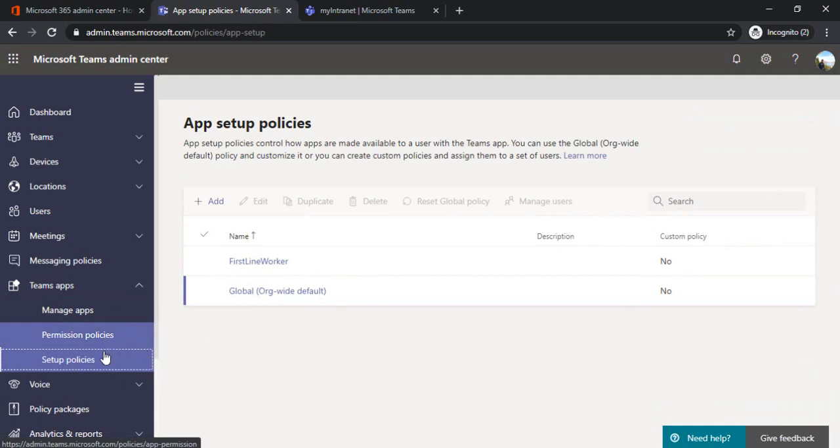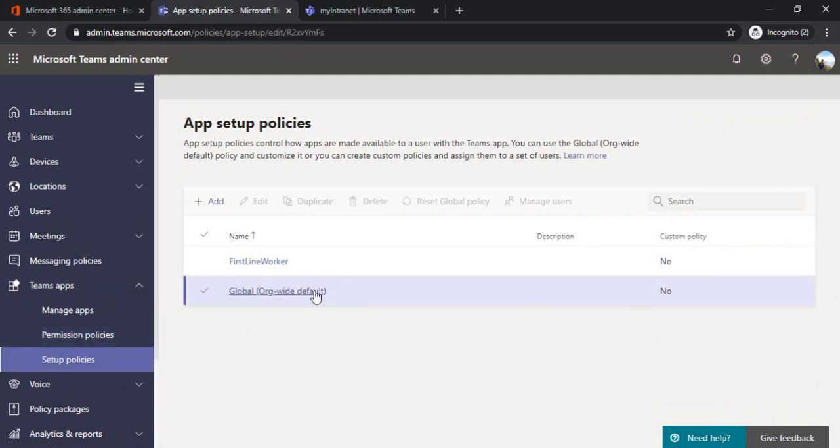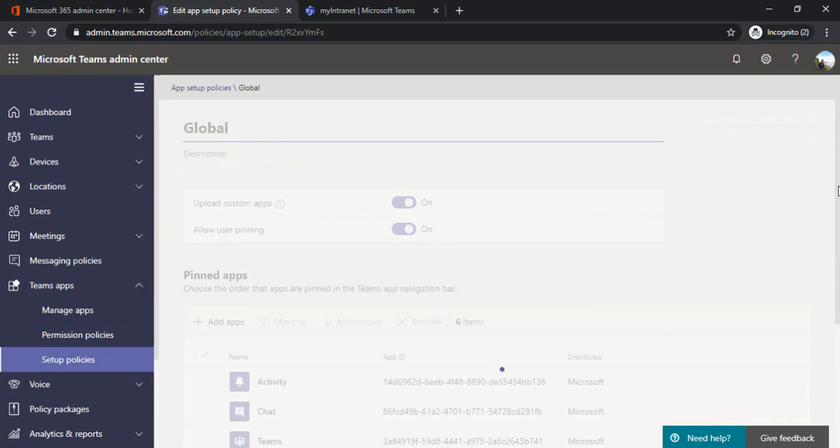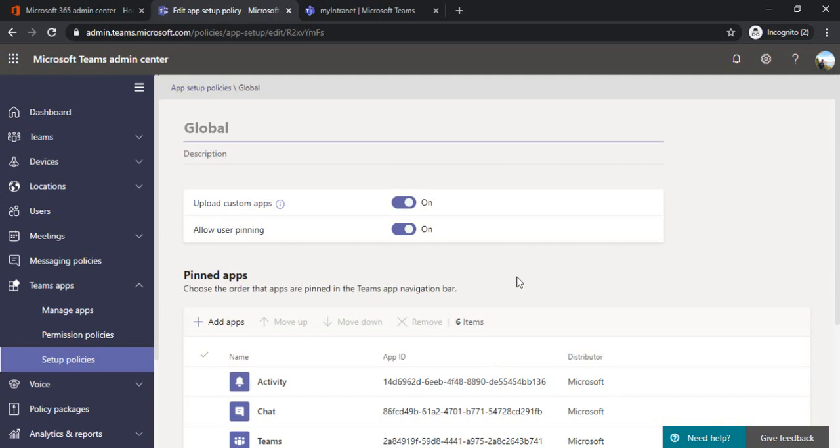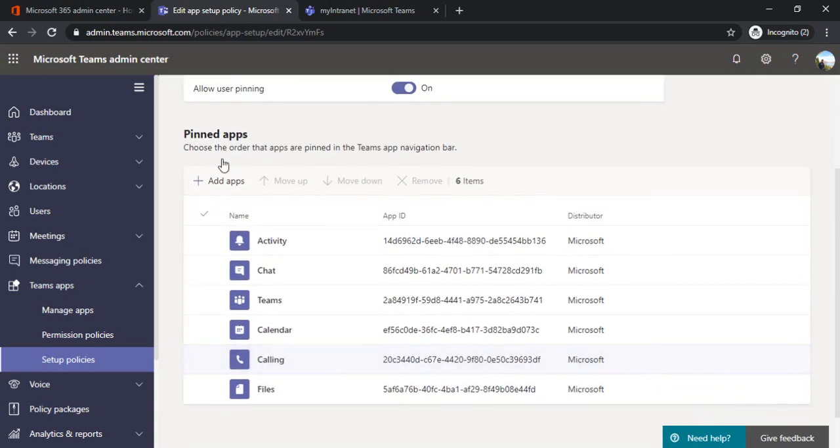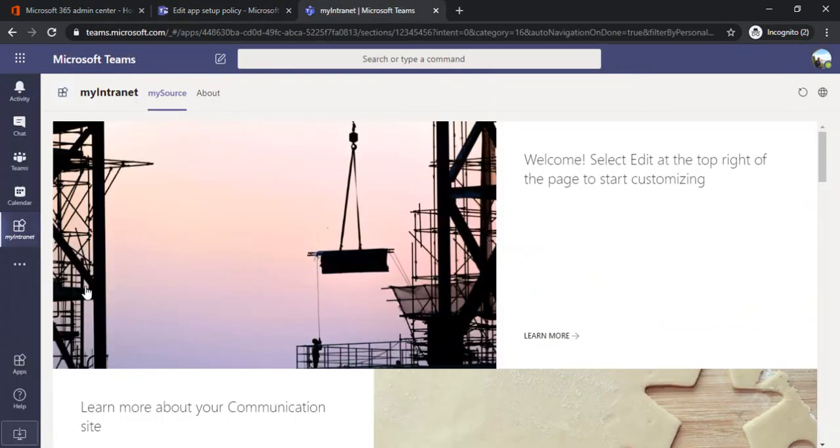So now I'm going back to my setup policy. I'm clicking on it, and if I scroll down, I can see these are the pinned apps. For my personal use, I can directly go and pin as well, but it will not be available for the entire company.